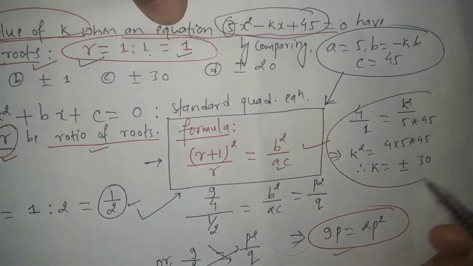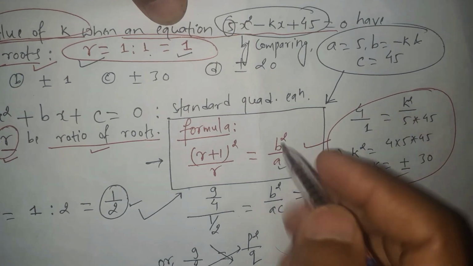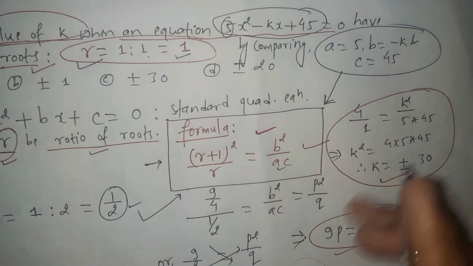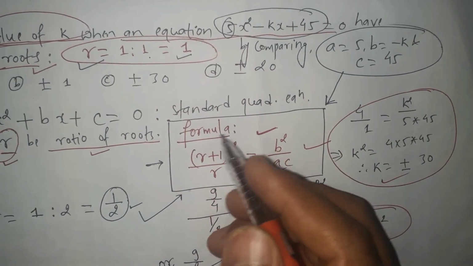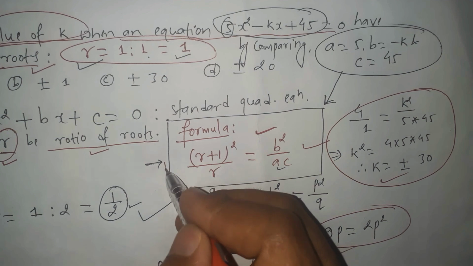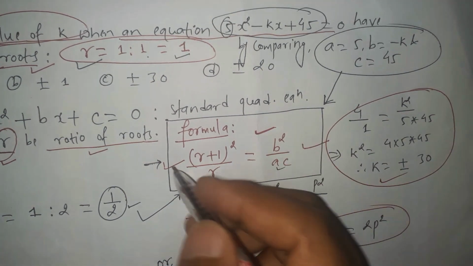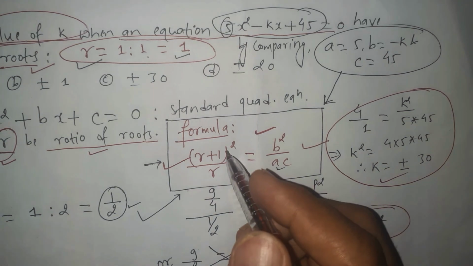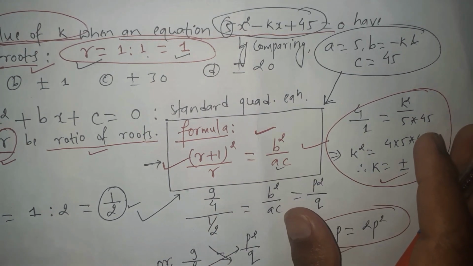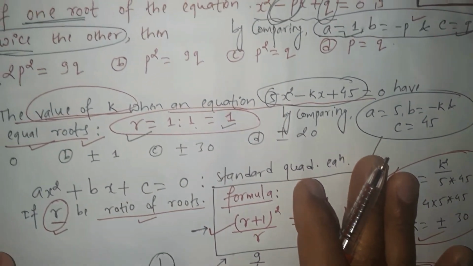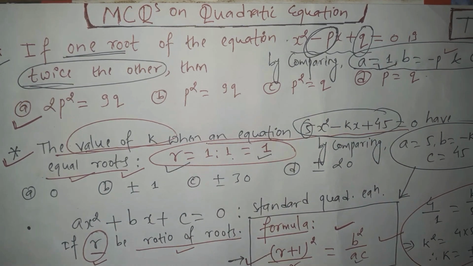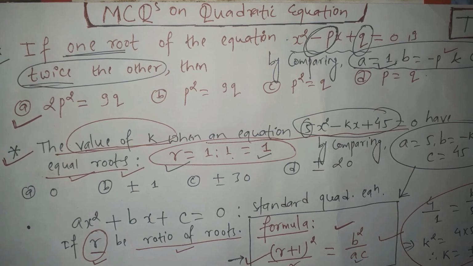Here we have solved this question by using the same formula. So please remember this formula. If the question is related to a relation in the ratio form, then we have to use this type of formula. This is a sufficient formula. We can solve all the ratio related problems on quadratic equations by using this formula. In our next video, we will discuss more about such types of problems. Here we have solved these two MCQs by using the same formula.